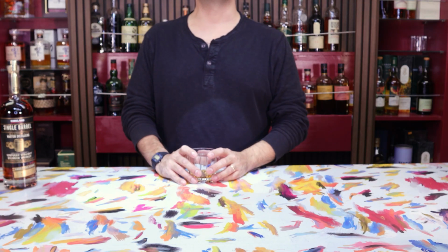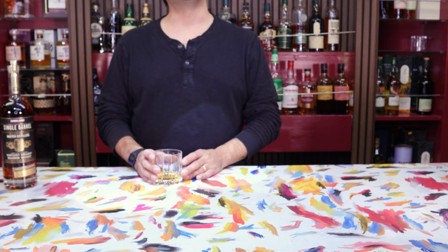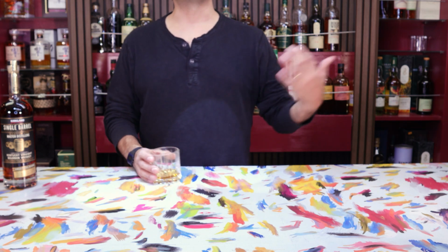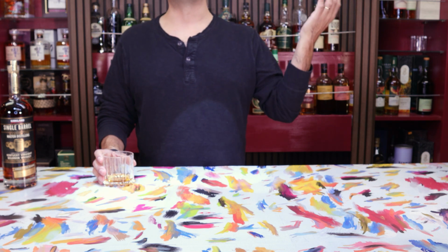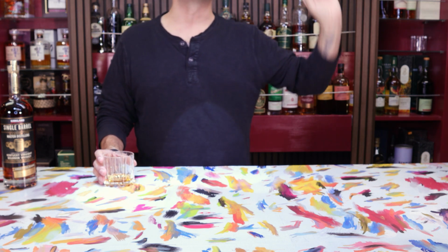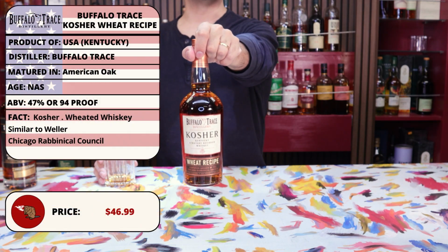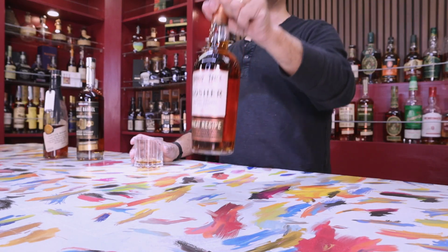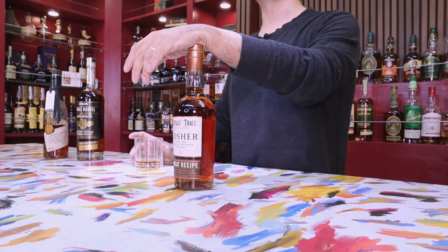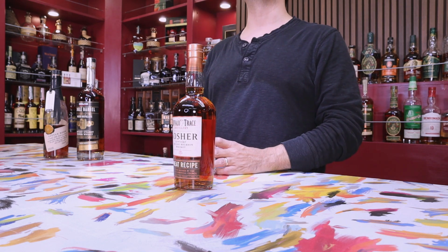And next up at the $50 or below level is this Thanksgiving recommendation for whiskey that is sort of like that cousin at the family reunion who doesn't really quite fit in with everybody else. You're not really sure what they're doing here, but they are related and everyone still loves them, which is this Buffalo Trace Kosher Wheated Bourbon. It is priced at $46.99, so really right below that $50 range,